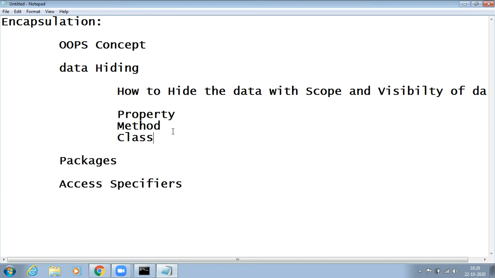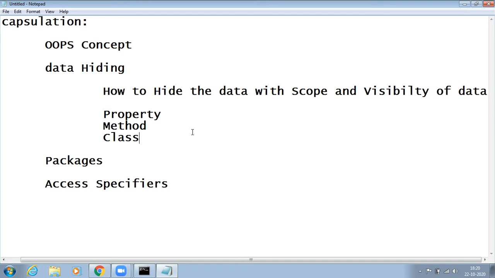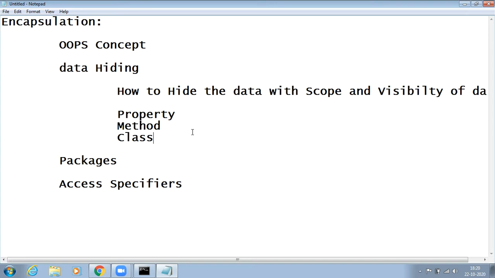So the logic for the transaction tariff should be abstract in nature. Hence, to make it abstract, I need to write logic differently for different classes. So abstraction is not about hiding the data.